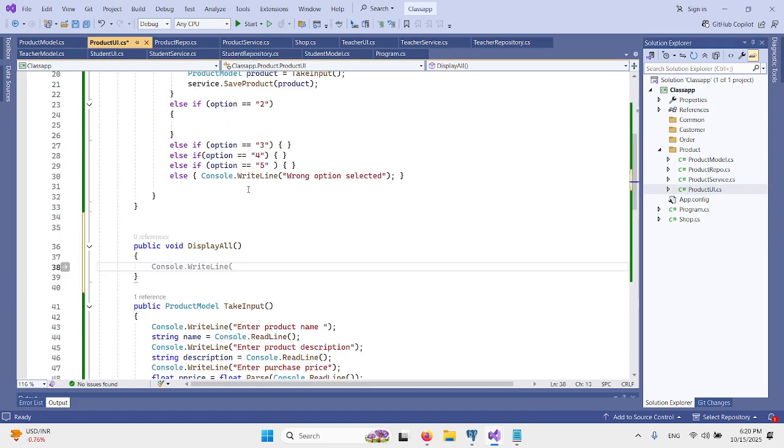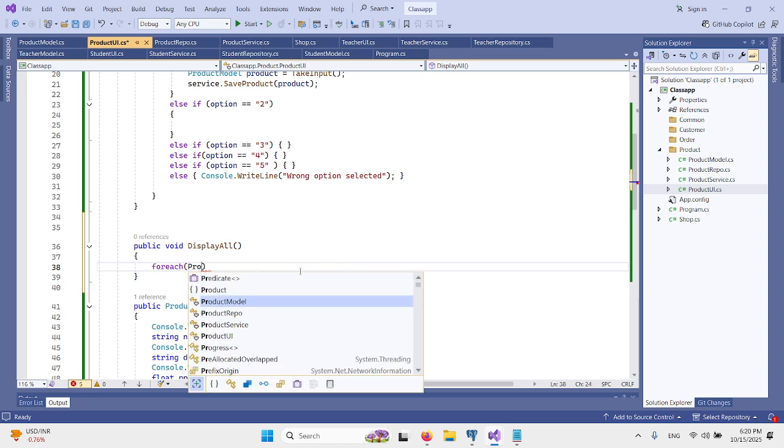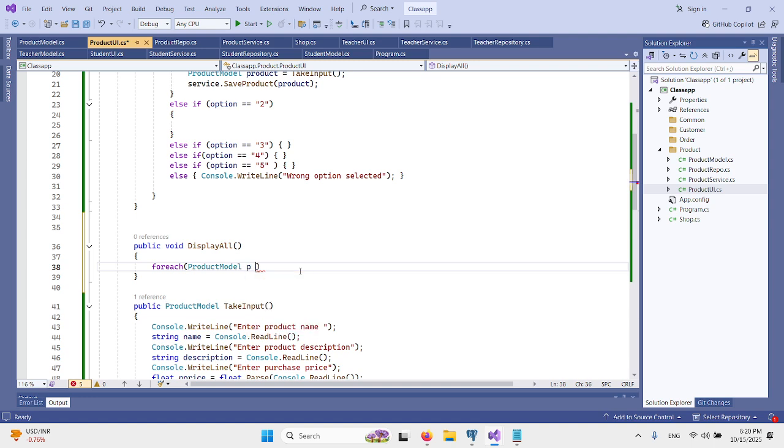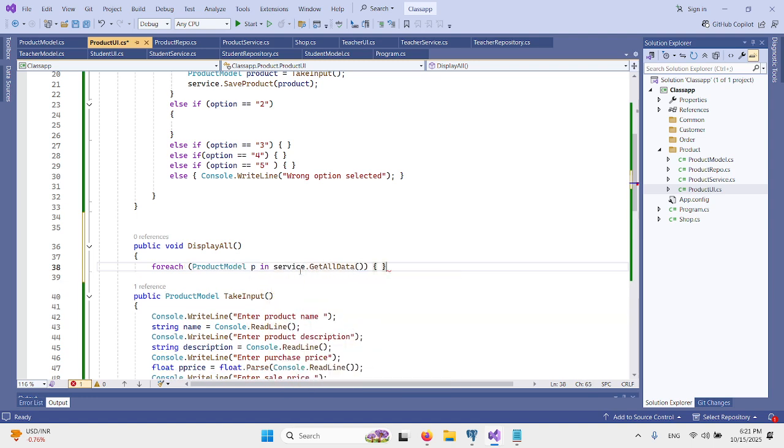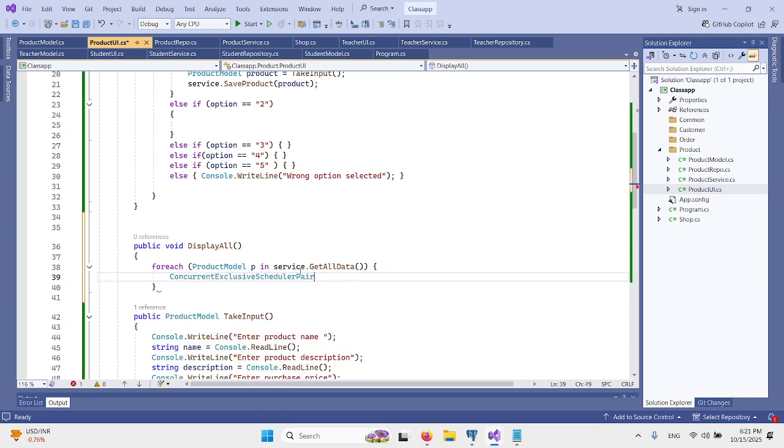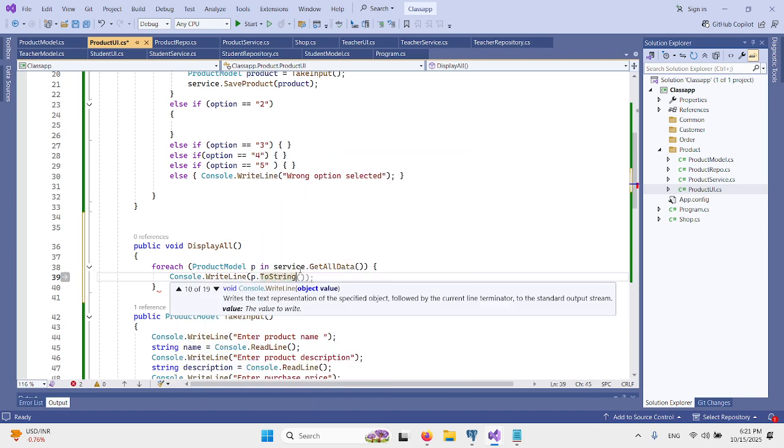Now in the UI, what we will do is for each var product model p in service dot get all data, and you will write to the console p dot to string in this format.